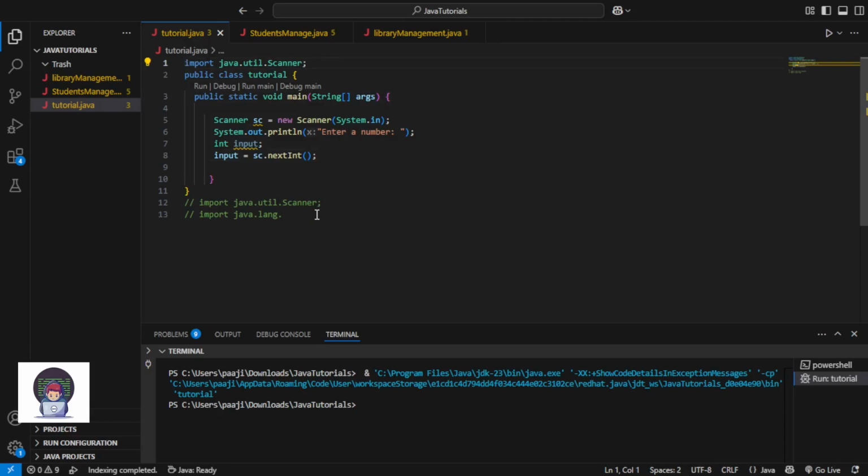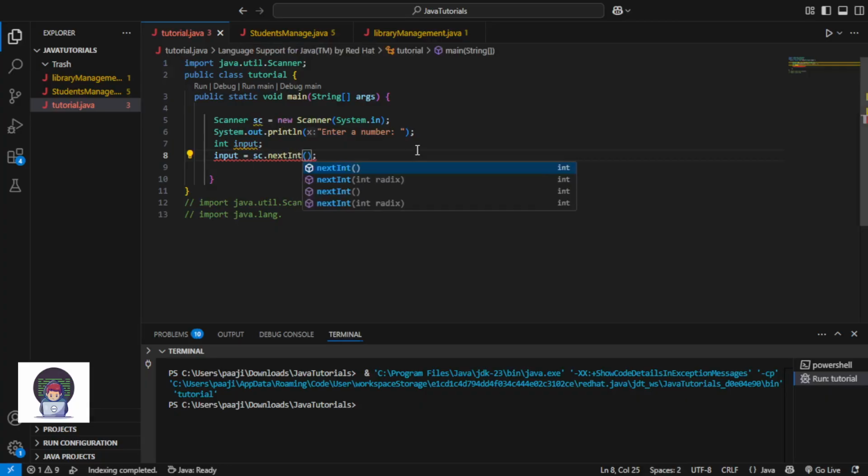We obtain these methods when we import java.util.Scanner. Now let's just do sc.nextInt. Next means whatever we type next, and we can't just do next. We also have to do the type. What is the type of this input? It is int, so nextInt. If it was a double, then I would do s is equal to nextDouble, like this.